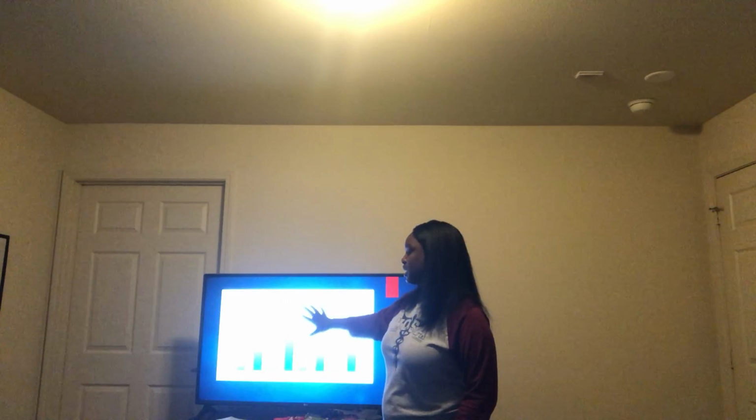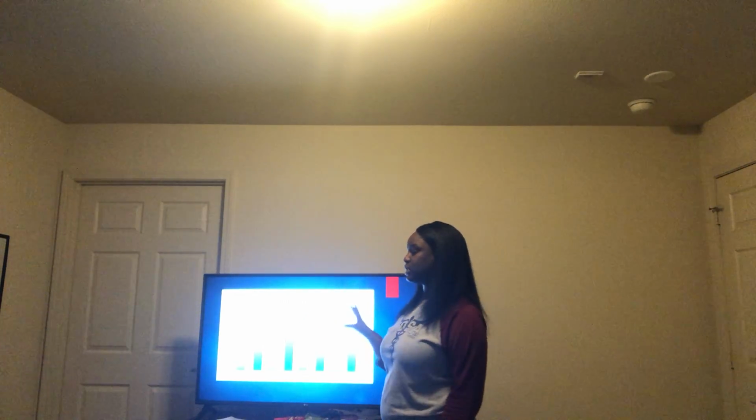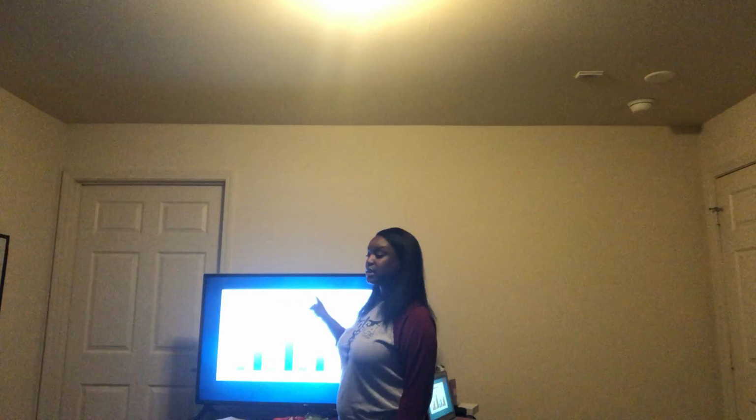So now that we've looked at some examples, let's talk about our last really different type of bar chart or bar graph that we'll experience, right? So even though this is not giving us specific data, I just want to use this as an example because it does have a title, it does have the x-axis labeled, and it does have your y-axis labeled. So it is a graph, but it's a different type. And I want you to take a minute and see if you can point out why it's different from the other ones that we used. Group two,